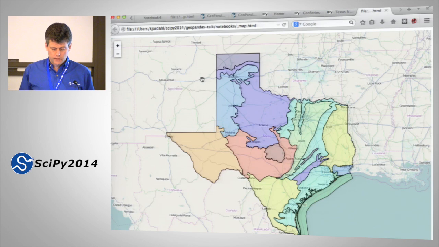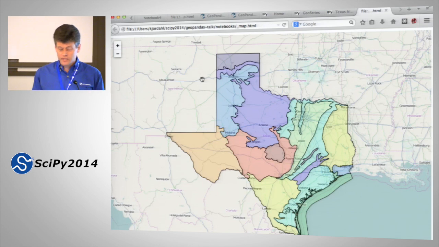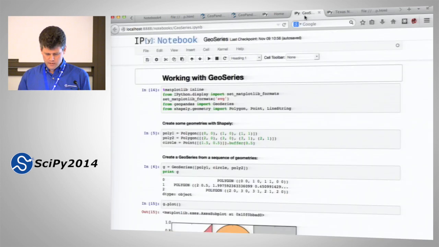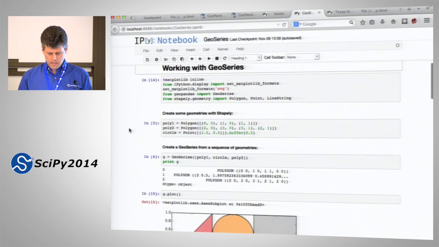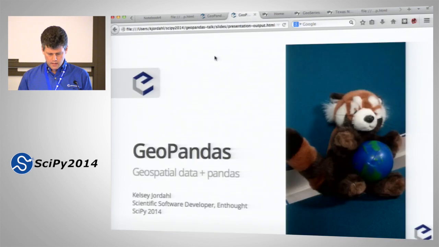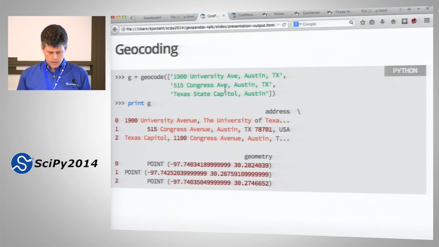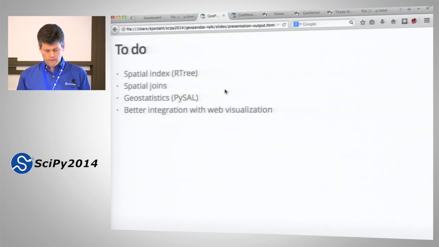The point here is that GeoPandas works seamlessly with these other tools, and this is a new one that works well with it, because it works with Matplotlib and then passes off JSON to other libraries as well. I see we're just about out of time, so let me wrap up. There's output to GeoJSON. There's geocoding. We have a few things on our to-do list, and